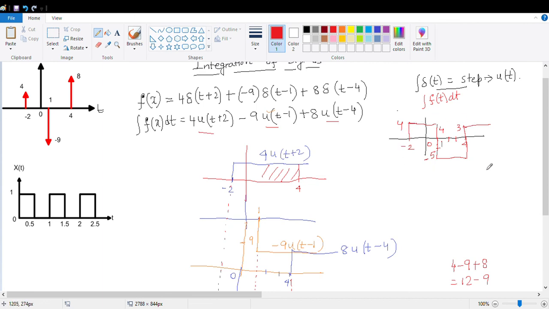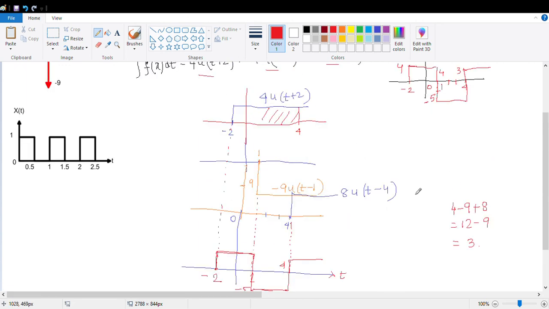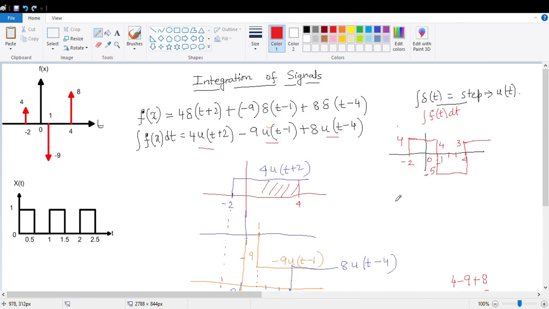When the concepts are all clear, there will be no problem. If you have a problem initially, you can do that, and after clearing your concept you can directly do this. Another way is we can draw it directly without writing the equation. I will let you know it later. So I think you understood this concept. So thank you.